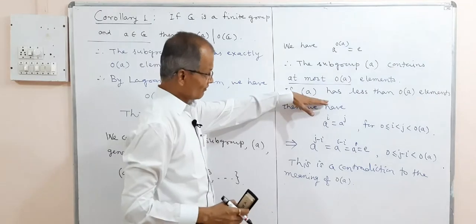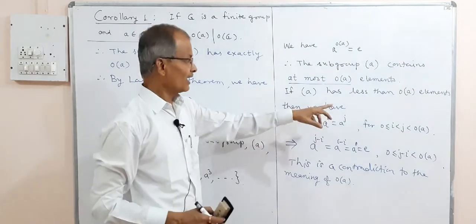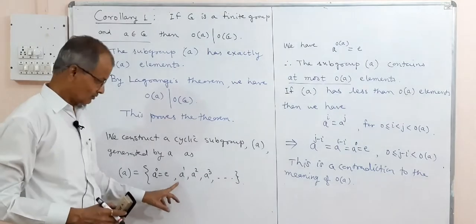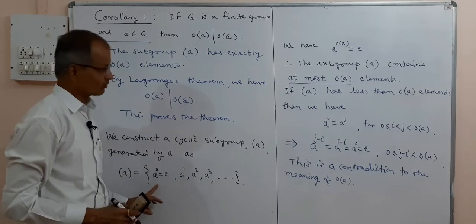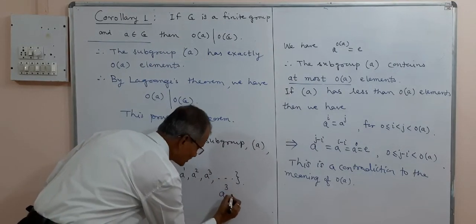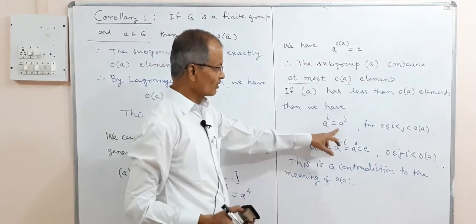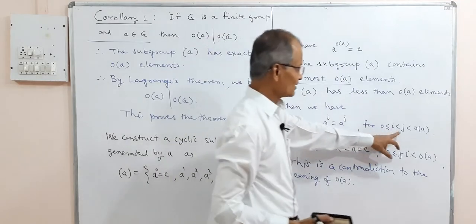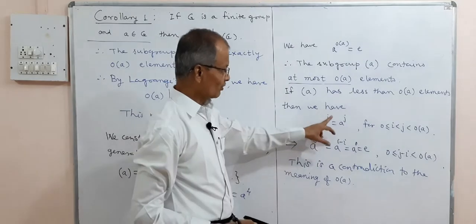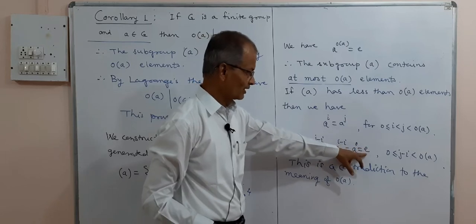And further we have considered that if it contains at most, meaning less than or equal to, and if it contains fewer than order of a elements, there will be repetitions earlier than a to the power order of a, and thus any two elements may be equal, say a raised to 3 is equal to a raised to 4, etc. That is, a raised to i is equal to a raised to j. Here i is less than j, if not, interchange the sides. Then we multiply both sides by a raised to minus i, this becomes a to the power j minus i equal to a to the power i minus i, that is a power 0, and that is e.